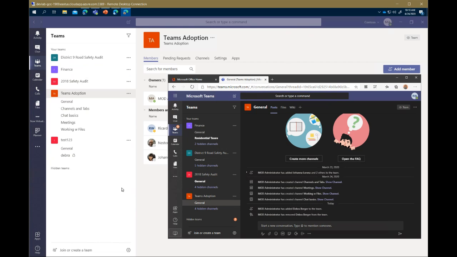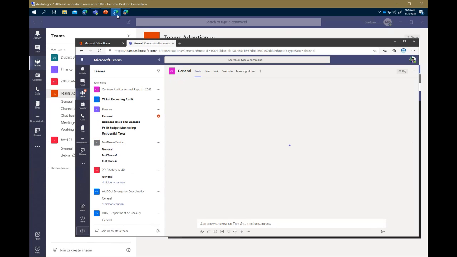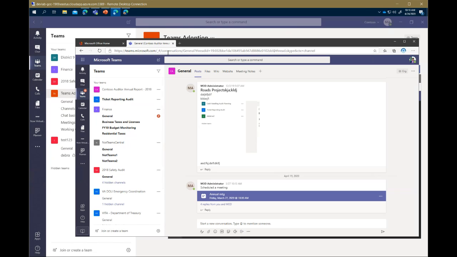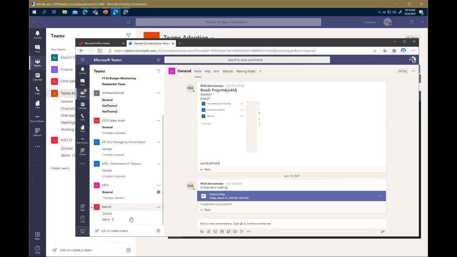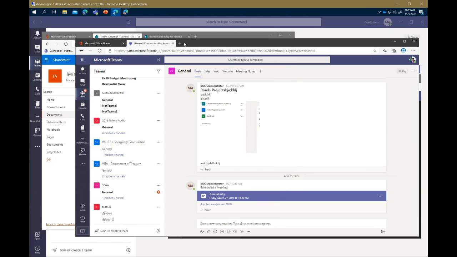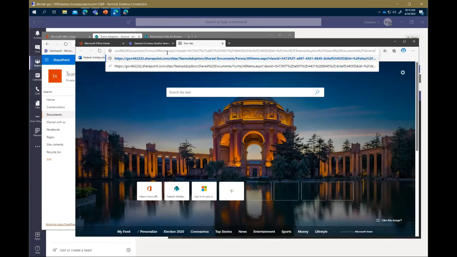So she'll go away in a sec, but what we'll see here is that she should continue to have access to, where am I? Oh, I was in the wrong one. You got too many browsers open. Okay, so this is Deborah. She no longer has access to that team's area, but let's see if she has access to the document library. So we will go here and I can grab the URL to the document library, come here to her browser, pop that in,